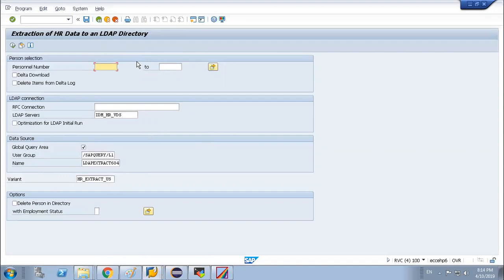Yes. Now the query area's variant we are using in the program, and the program area's variant will be used somewhere, that I will tell, because we want to set up this data, we want to check this data.